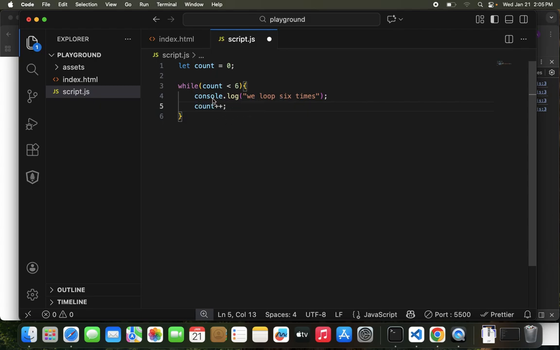this statement inside this, no, not statement actually, because these are expressions anyway. But these expressions inside this code block, we evaluate, we return value for as long as the expression inside this parenthesis is true. So for as long as count is less than 6, this runs, and then we increment like this. Let's see what we get